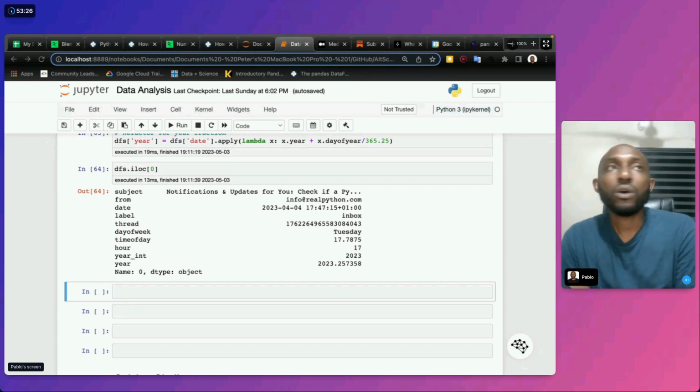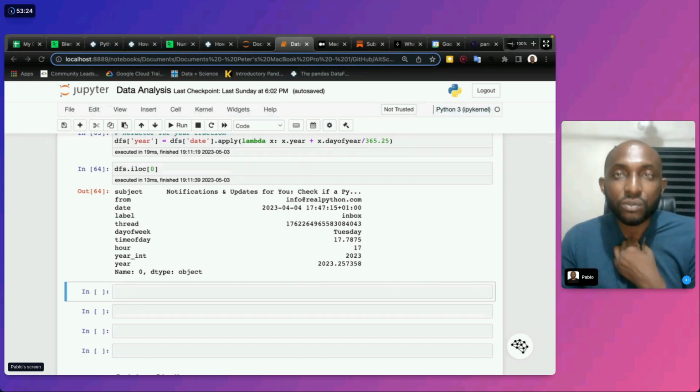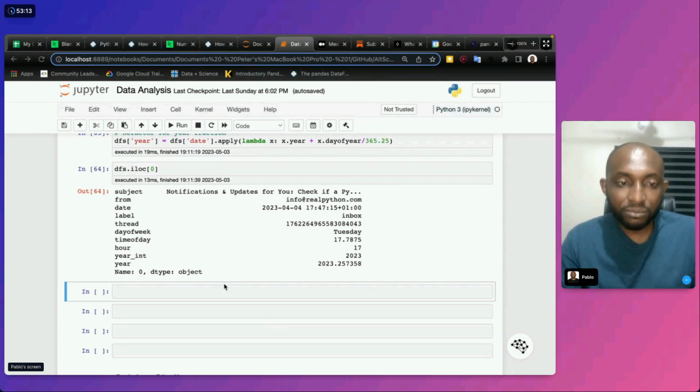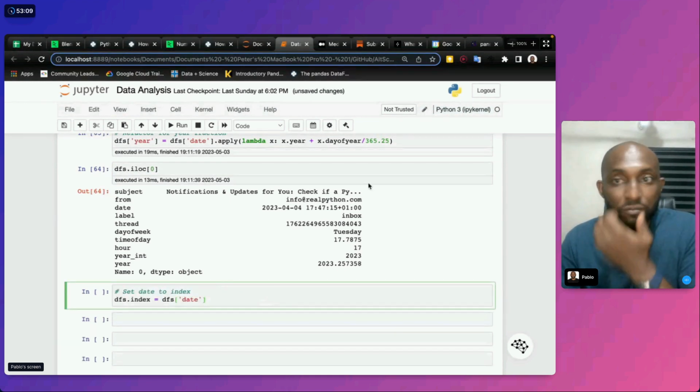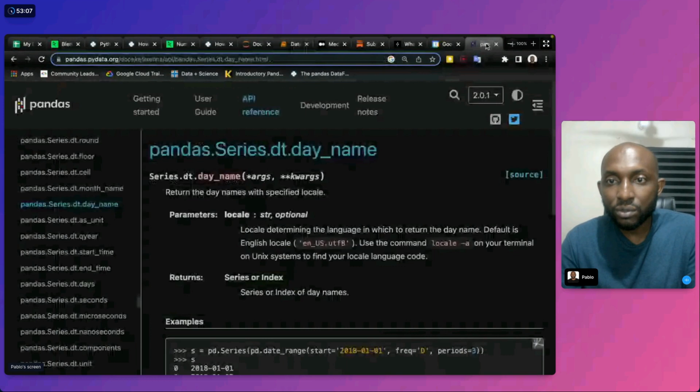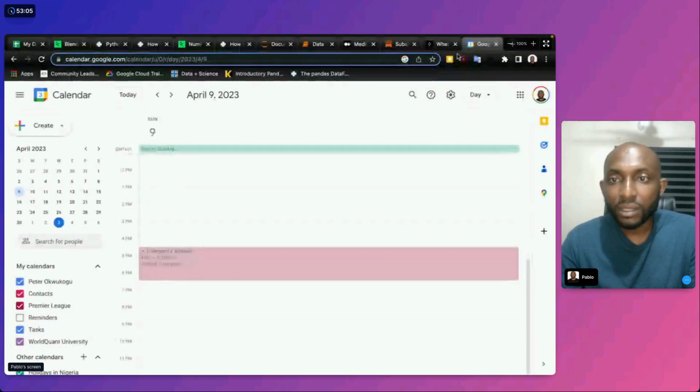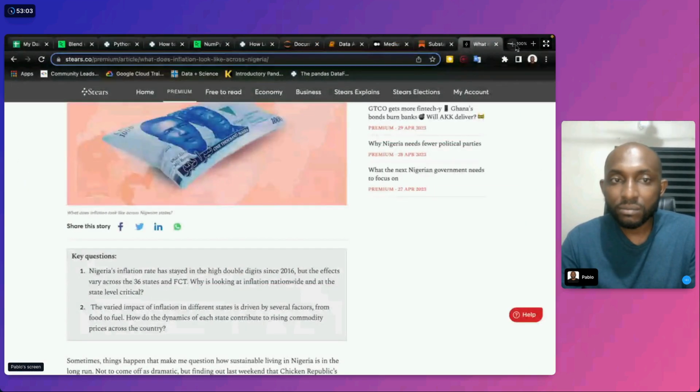Once we can do this, one last thing we are going to do is convert this to time series data. Time series is a huge area, so let me Google it.